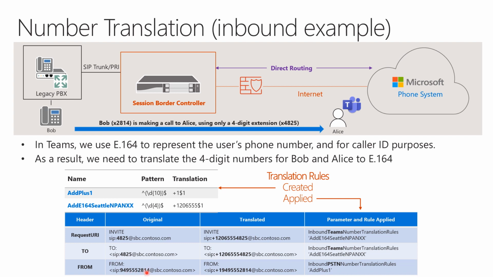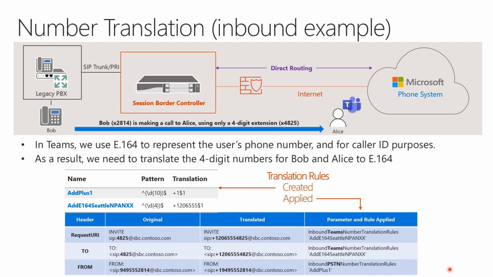So it's close, but it's not quite E164, right? It's only 10 digits that I'm dealing with here. So when I do this inbound, because again, remember it's inbound into Teams, right? But now the number that I want to manipulate is the PSTN number. I want to manipulate Bob's number because Bob's number doesn't have a +1 on it. So I'm going to manipulate his inbound PSTN number. I'm going to add +1, and that's going to translate his number into +1